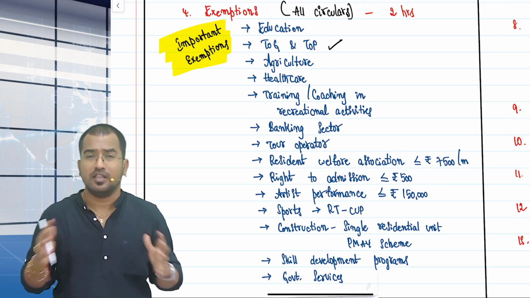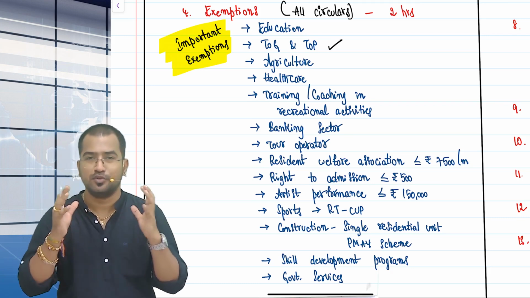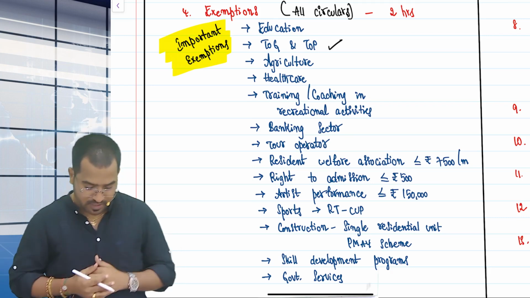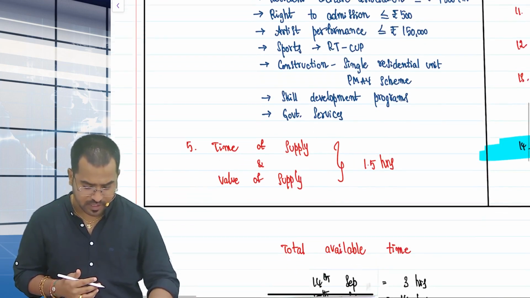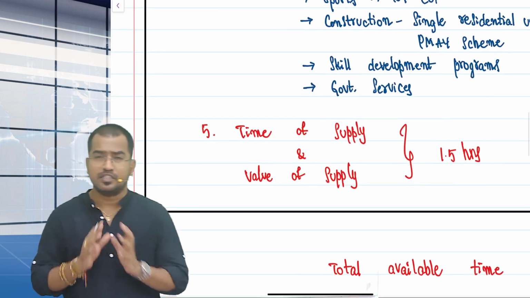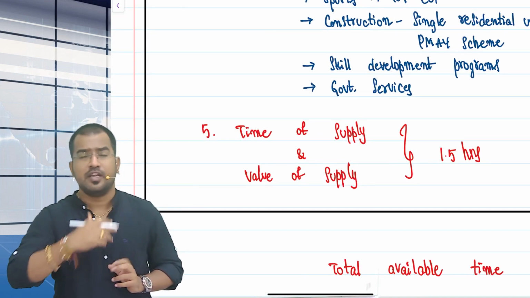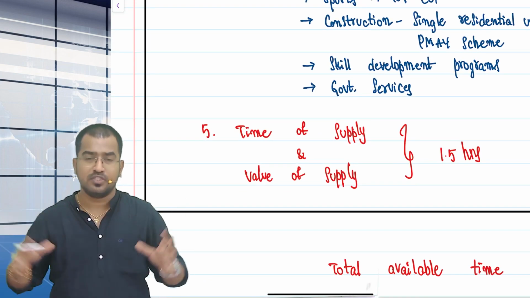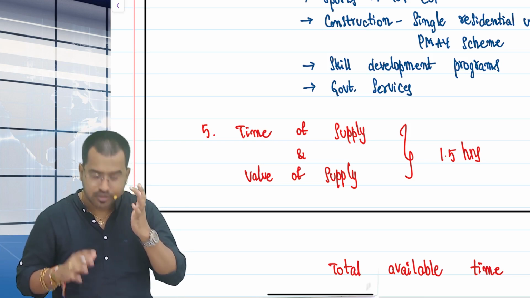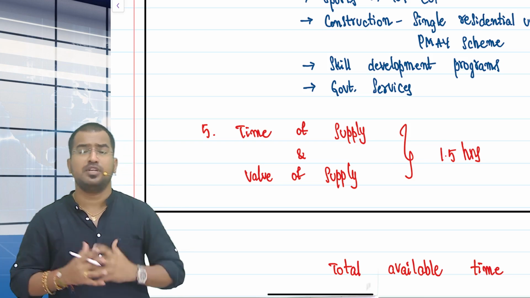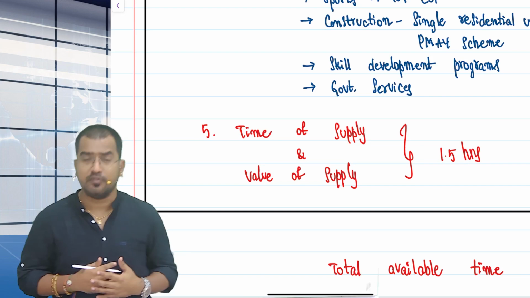Of course, all these chapters' knowledge is only going to help you solve that particular problem, so please be careful. Coming to the next one, time of supply and value of supply. Yes, small chapters. Again, these chapters you should solve quickly and revise quickly in 30-40 minutes, look at the provisions, everything, and please make sure you are going through as many questions as possible from this value of supply also, right?